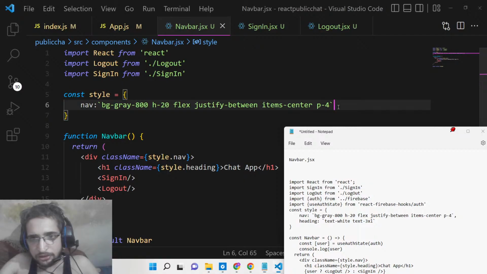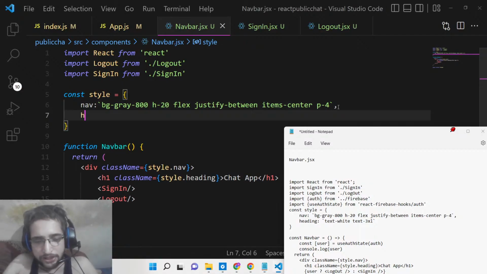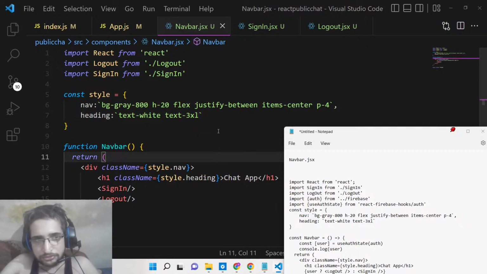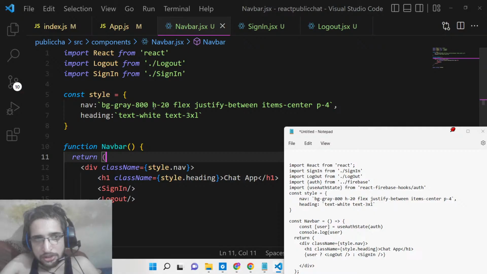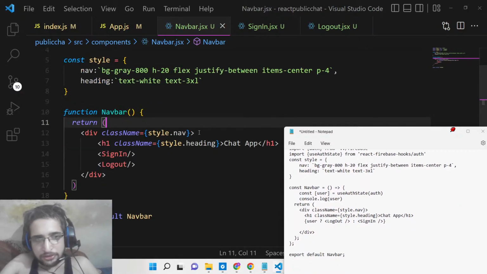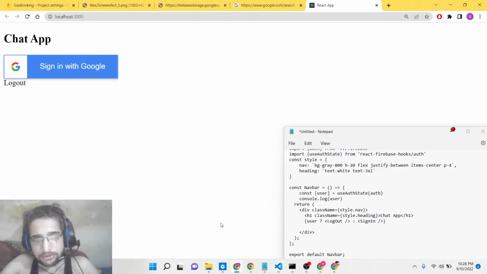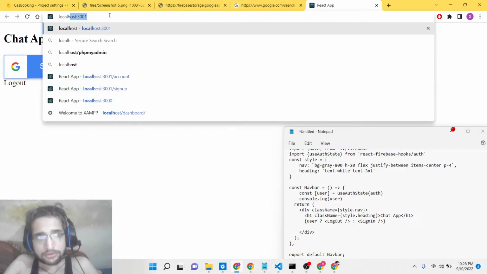For the heading, put a comma. We have the heading here, which is heading. Basically this will be text white, text 3XL. Basically this is the style object that we have here, and here we are assigning it style.navigation, style.heading. So why it is not,